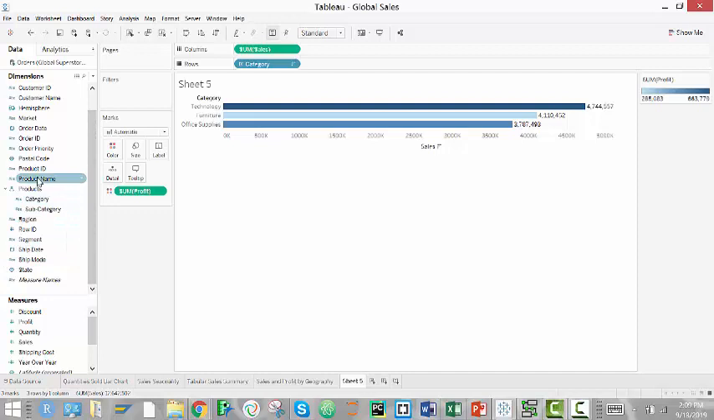Let's see, yeah, product name, right? I'm going to just drag it and drop it right under the subcategory. Bam. Okay, so I just created a 3-level hierarchy. Okay, and now what I can do is